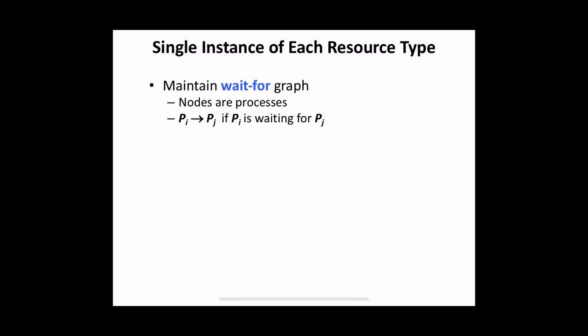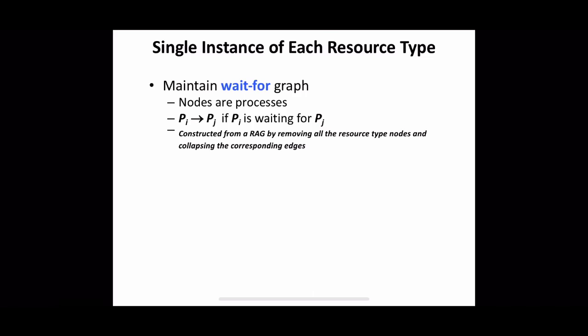This graph can be easily constructed from a resource allocation graph. You know how to create a resource allocation graph, right? From that graph, just remove all the resource type nodes and collapse the corresponding edges. We will get a wait for graph. So construction of a wait for graph is much easy. Now, if there is a cycle in the wait for graph, that means there is deadlock. So detecting a deadlock in case of a wait for graph is pretty much straightforward, just check the presence of a cycle in the graph.